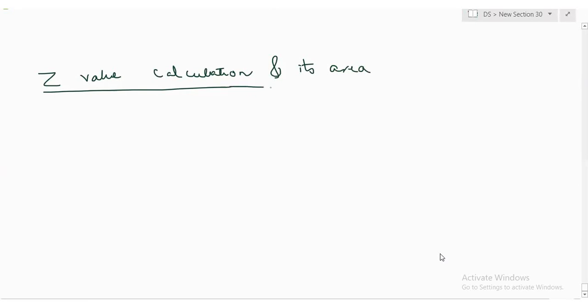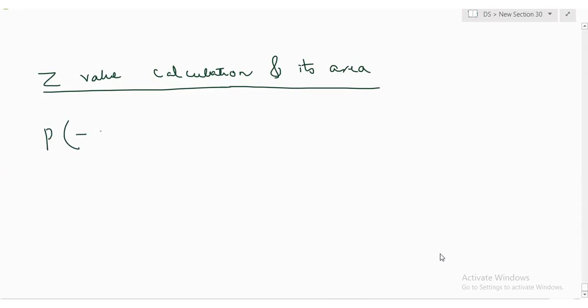Okay? Area is nothing but its probability. Whatever the area which we are going to calculate, it is nothing but the probability between those two values. All with me? Okay, let's calculate. Probability means what? The area of Z